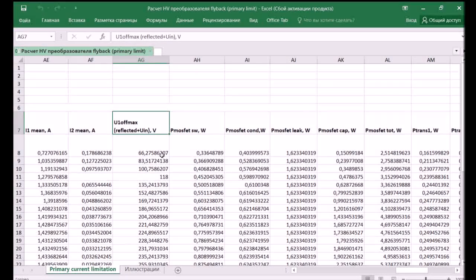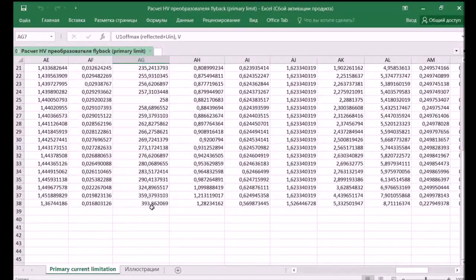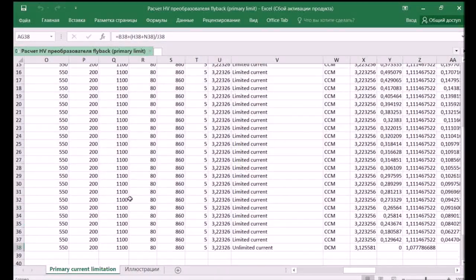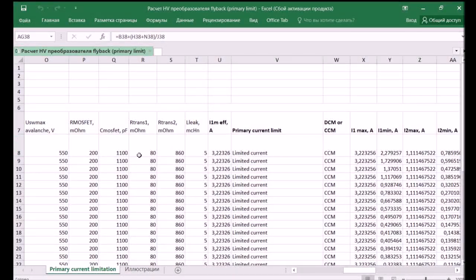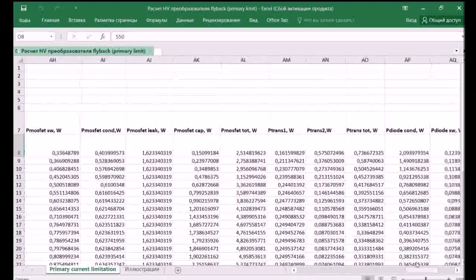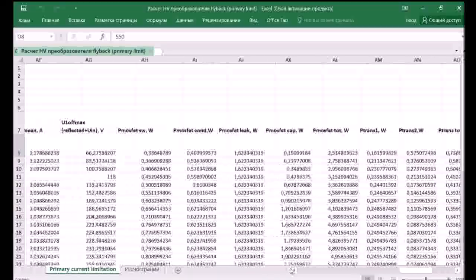Reflected voltage on the switch. It is very useful to know it because it must not exceed its rated maximum voltage, avalanche voltage, 5.5 volts, as we could see. Okay, then we have